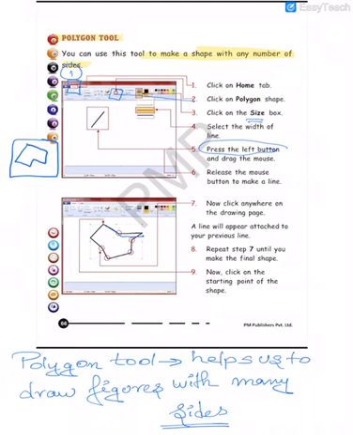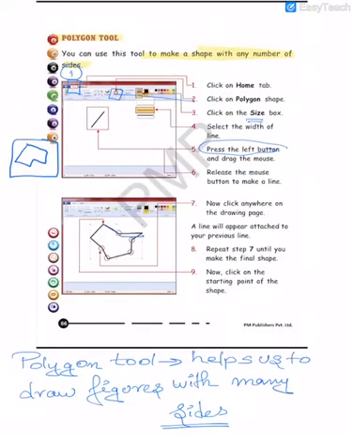The polygon tool is the most interesting tool. How are we drawing? Just see. Suppose we want to draw a line. First of all, in the polygon tool we draw the line, then again we can drag here. Again we can drag the mouse like this, like this, like this. This is the polygon tool.